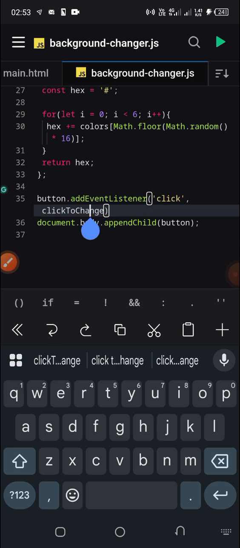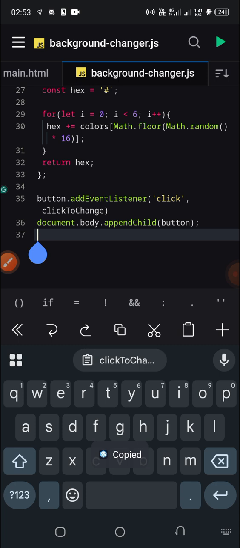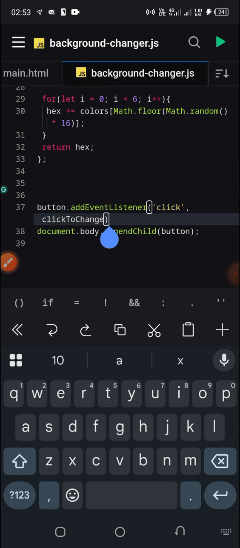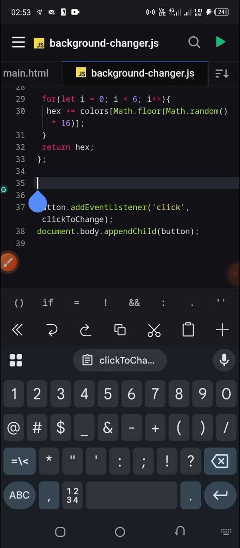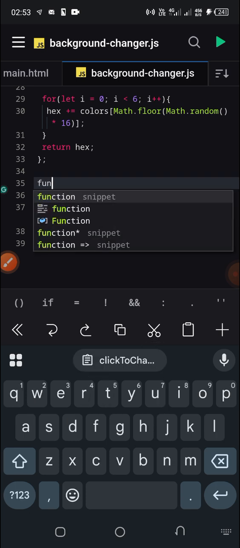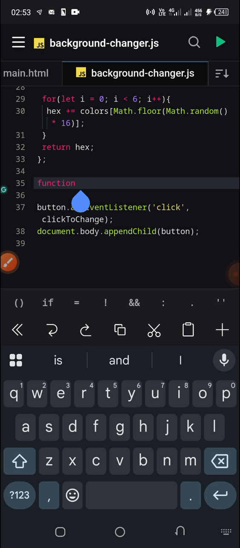Click to change, that's going to be the name of our function. You can also call it whatever you want. So right now we are going to create a new function with the name click to change, and